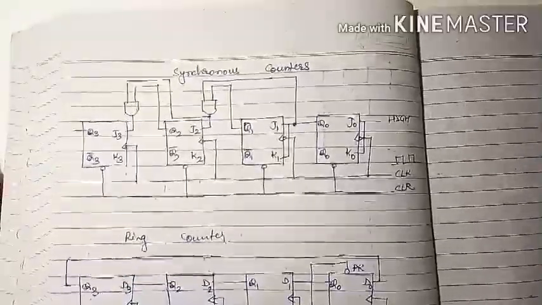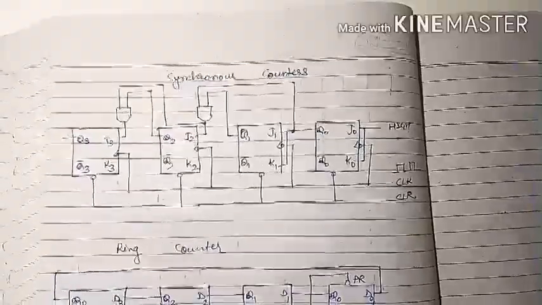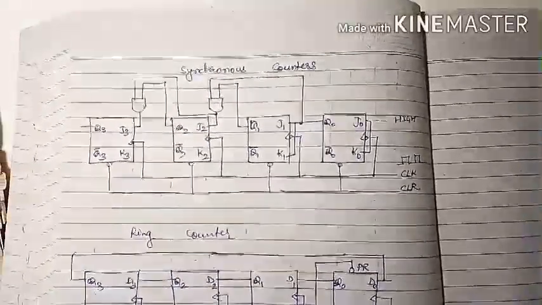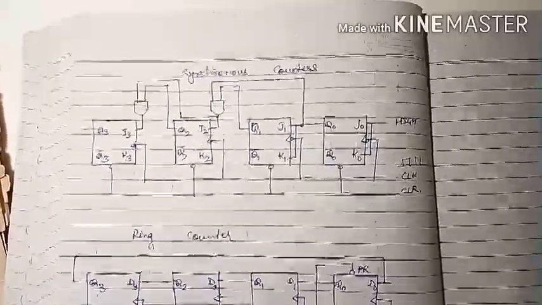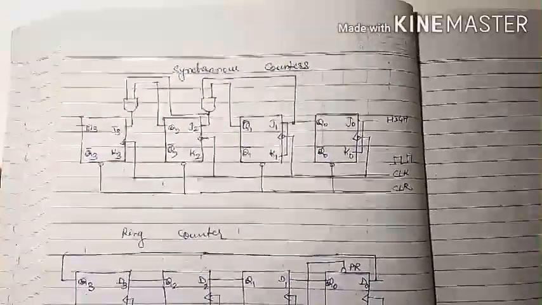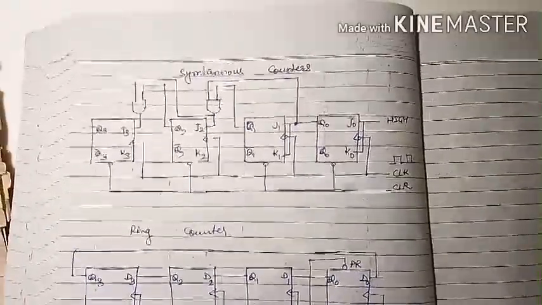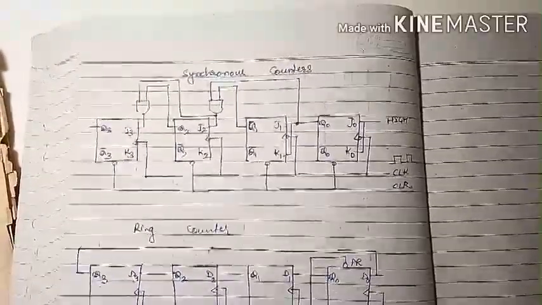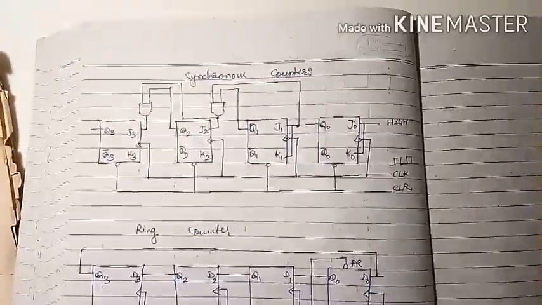So to get around the ripple delay problem, we can use a synchronous counter. You can see the diagram of synchronous counter. It has used 4 JK flip-flops with positive edge trigger. This time clock pulses drive all the flip-flops in parallel. Because of the simultaneous clocking, the correct binary word appears after one propagation delay time rather than 4 times the delay time.